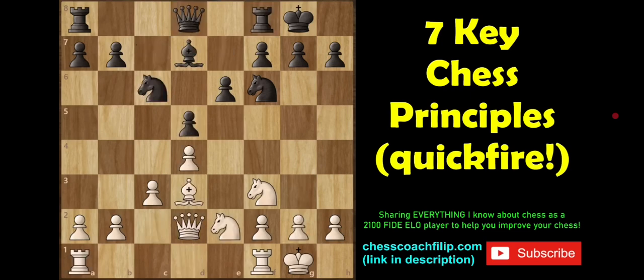The extra for experts is, let's take a look at this position. There are no open files, but there are two semi-open files. The e-file is white's semi-open file, and the c-file is black's semi-open file. The extra for experts in this case is, instead of playing rook to c8, black is going to